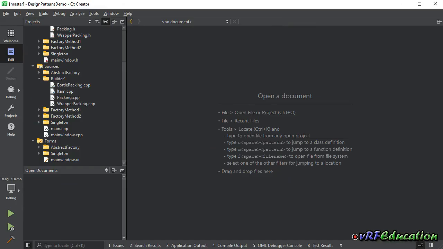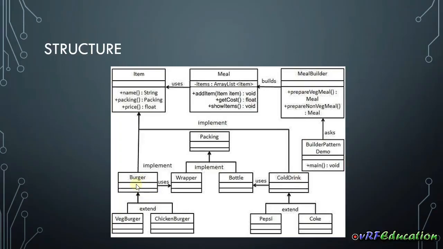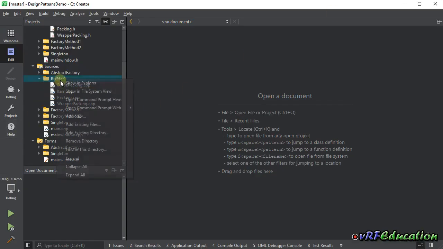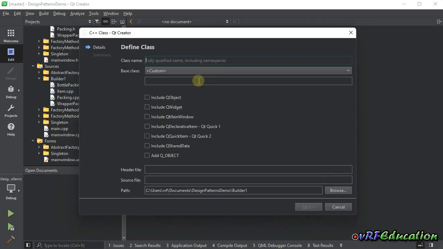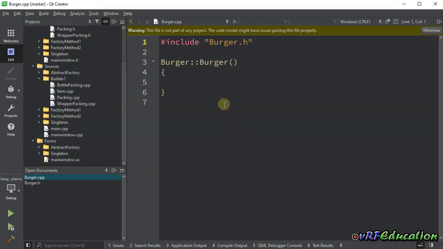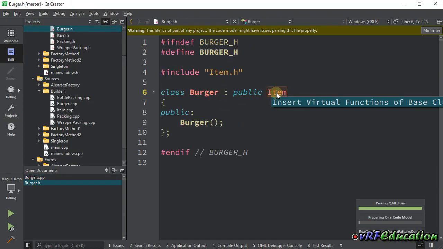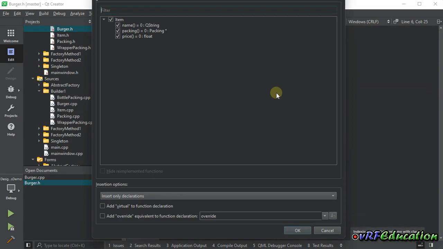And after that I'm gonna create these two general or intermediate classes, burger and cold drink. Let's start with the burger class, and the name is burger. In general, it's gonna inherit from item class, and that's it. So here, if I press Alt and Enter in Qt environment and insert virtual function, here we have